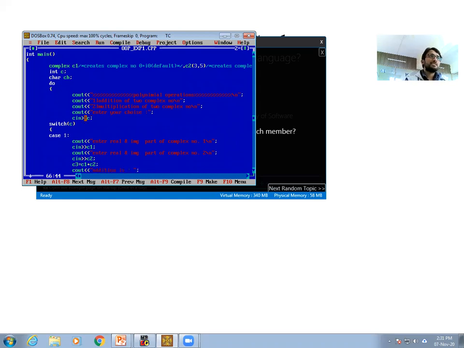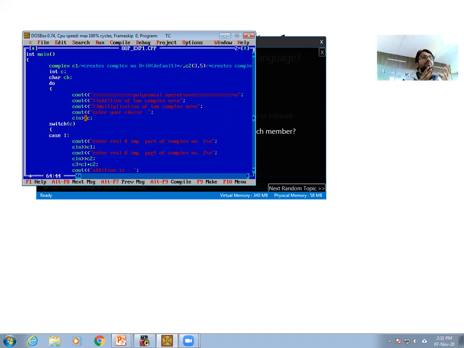So we have a character ch, then with the help of do we use a do while loop. Whenever we enter, this do loop is executed. In the polynomial operation, we display messages on the screen. At number one we have addition of two complex numbers, at number two multiplication of two complex numbers.